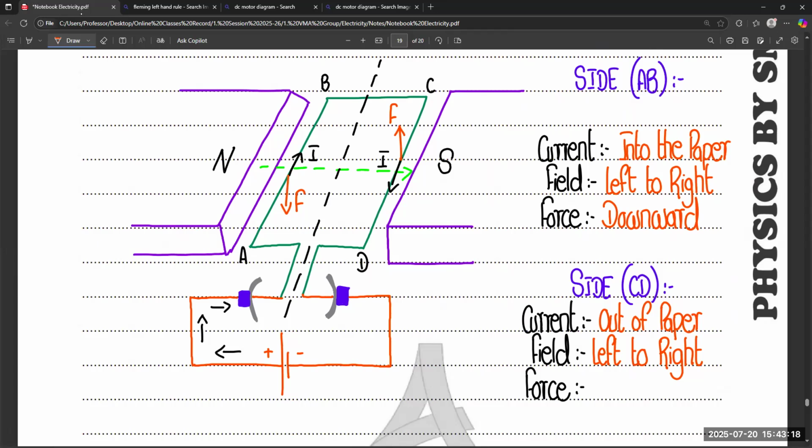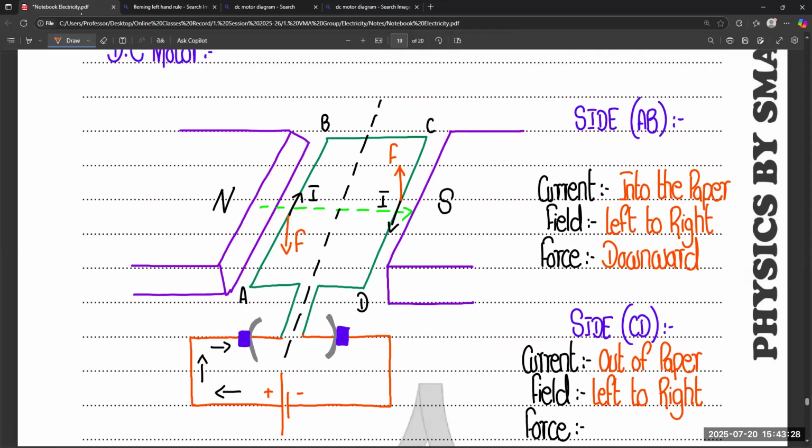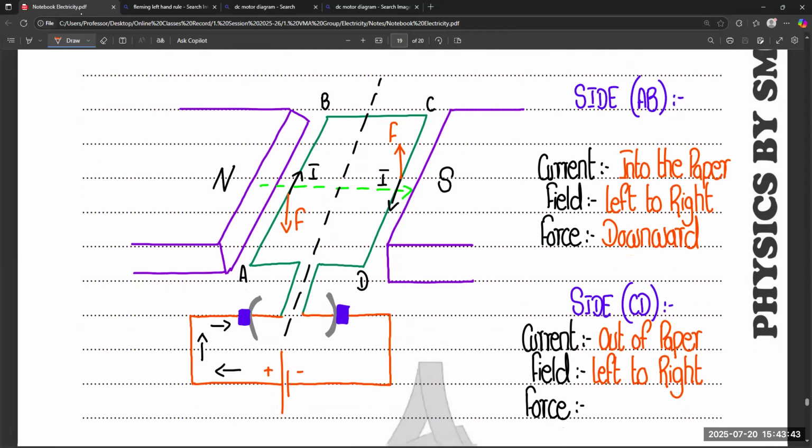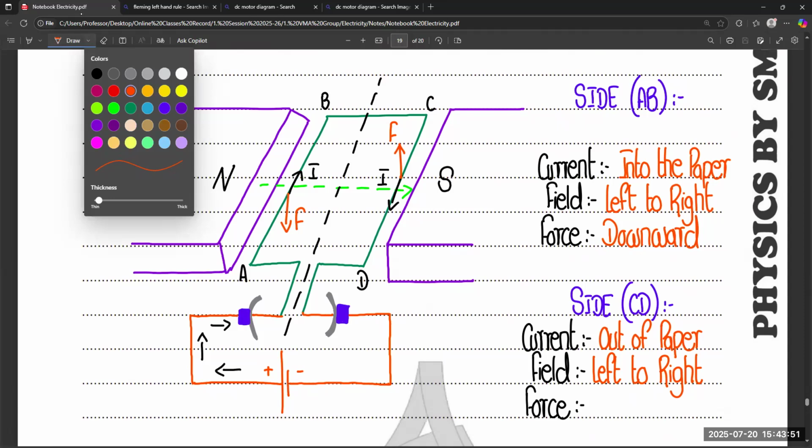So any confusion in this? This is the process of the DC motor, and in this way the motor actually works because of electric current and because of the magnetic field lines. Because one side is going upward and the other side is going downward, this will give you the proper rotation of the motor. And if we talk about the names of the components,